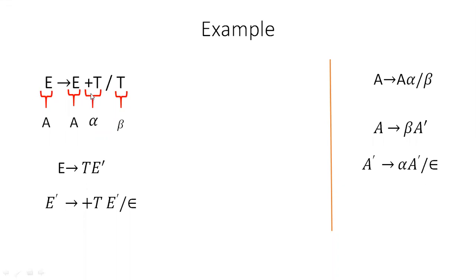Just by seeing the production, that means the right-hand side variable after the arrow is the same as the left-hand side first variable. So I identified that this rule consists of a left recursion. Then I mapped the given rule in the grammar with the syntax of left recursion, A tends to A alpha or beta. What is A? This E is an A. And what is alpha? The remaining thing on the right-hand side, plus T, is an alpha, or this is a beta. And this rule is modified with these two rules.